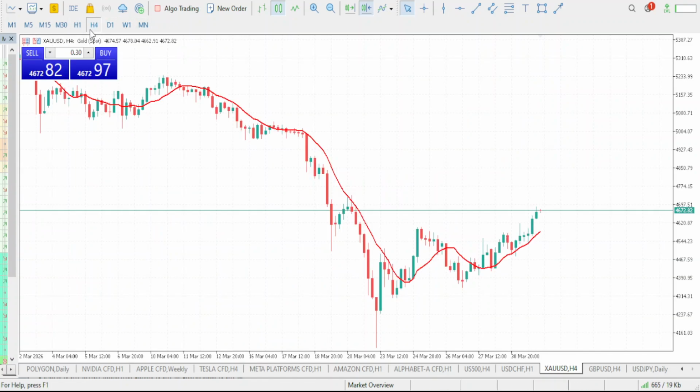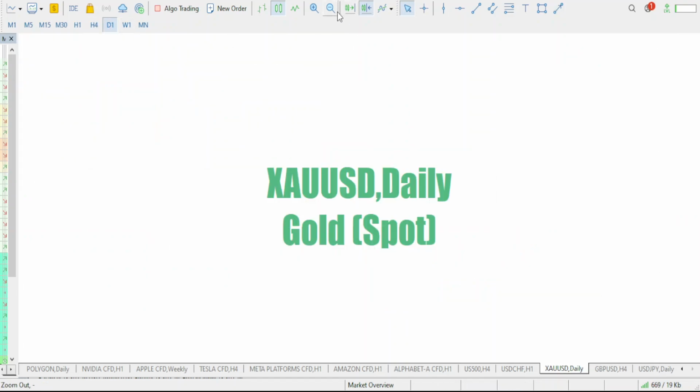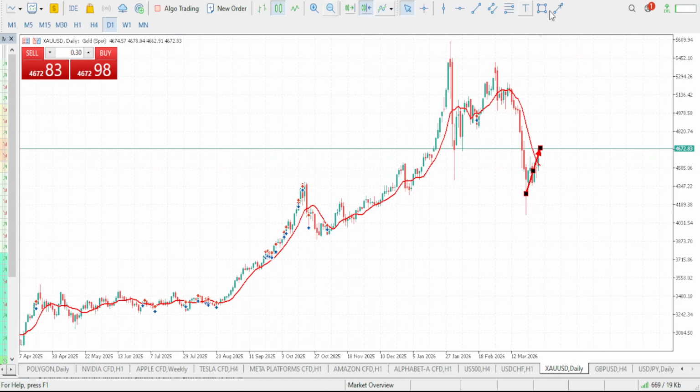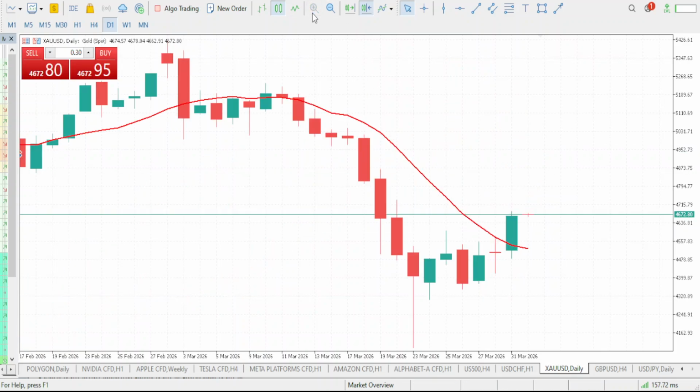Now let's start with our trend on gold. Gold is now giving us an uptrend, although the overall, bigger trend on gold is a downtrend move, right? There's no doubt that the full bigger picture is a downtrend move. But since we want to predict what the market will be doing for the day, we need to take a look at the current trend. What is the market doing currently?